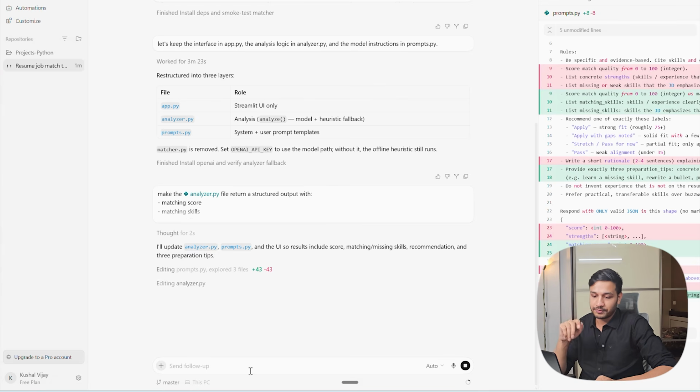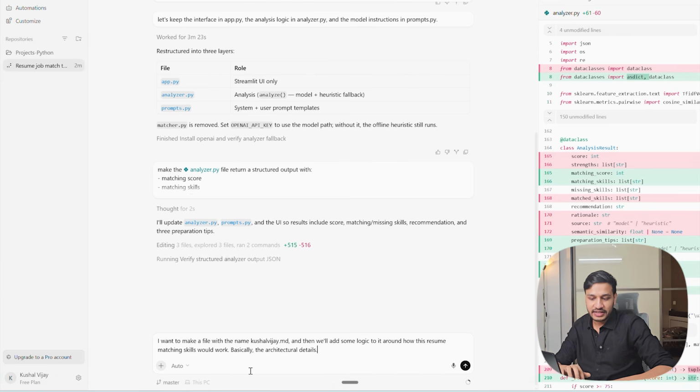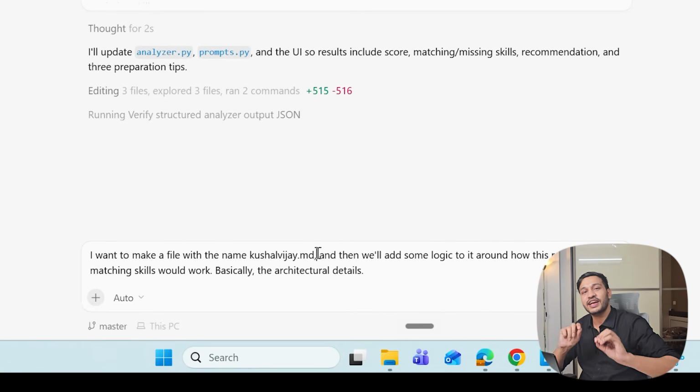Let me show you in the prompt itself. I want to make a file with the name kushalvijay.py, and then we'll add some logic to it around how this resume matching skills would work, basically the architectural details. Or let's not name it kushalvijay.py, let's create a markdown file, kushalvijay architecture.markdown or MD file. See, it has automatically, if you zoom here, made it kushalvijay.md rather than kushalvijay.py, which I